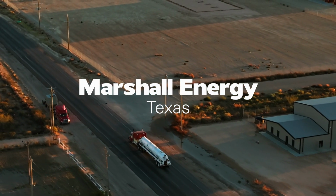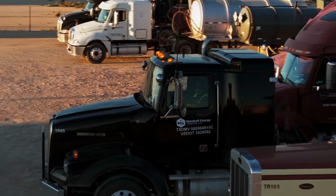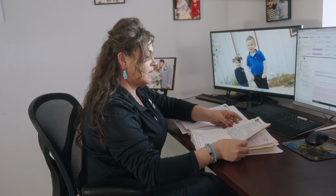Marshall Energy is primarily a fluid delivery company. So when we opened up Marshall Energy, we saw that there was a need to do things a little bit different than how things had been done in the industry. My husband Derek saw that truck drivers weren't completing their routes safely, the work was taking longer to complete than what it should, and so working in logistics like he did, he saw there was a really big need in